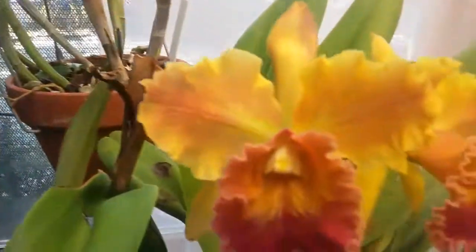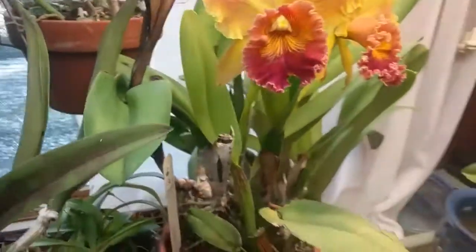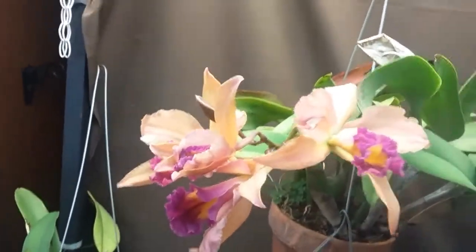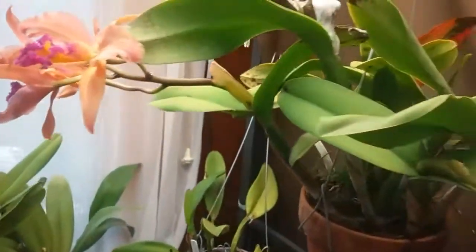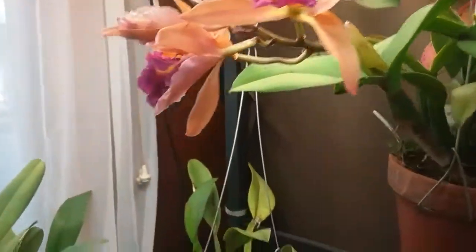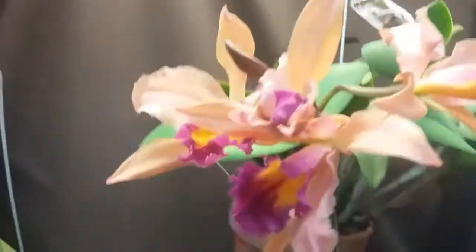This one I have showed you, still going strong. And perhaps my favorite one is this one that bloomed last year. I did a little research on it. This is an unnamed Cattleya. It has 6 beautiful buds on it this year on 2 spikes. This one I just love. It blooms every year. I got this from an estate